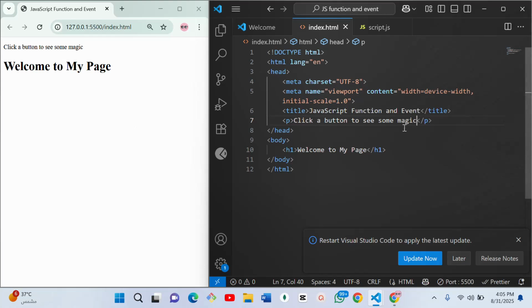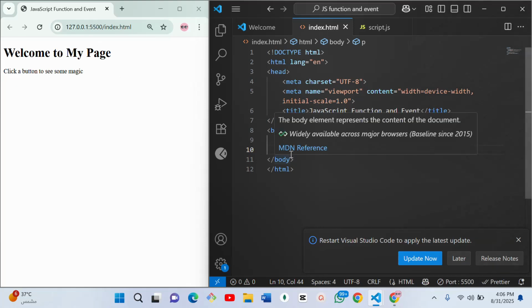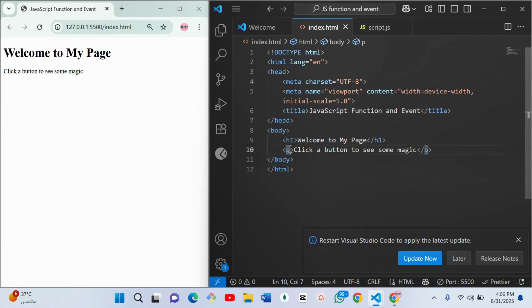Click a button to see some magic. Then I want to give my paragraph an ID of message. Okay, so this is the message,